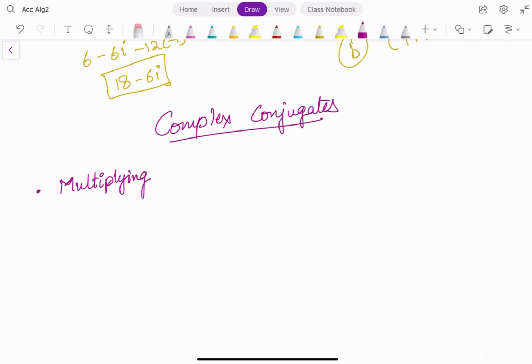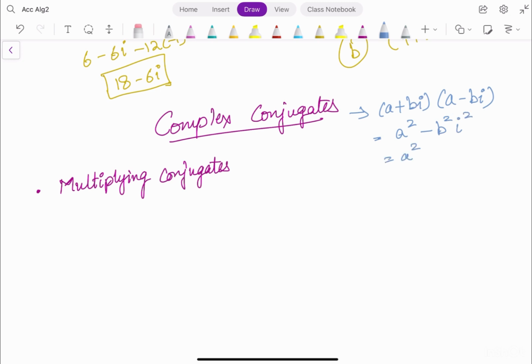That is the basic idea of conjugate. So the first thing that we are looking for in the complex conjugate is how to multiply the conjugates together. So a plus bi will have the conjugate a minus bi, and what will happen when you multiply with the conjugate? If you clean this up using the distributive property, you will get a squared minus b squared